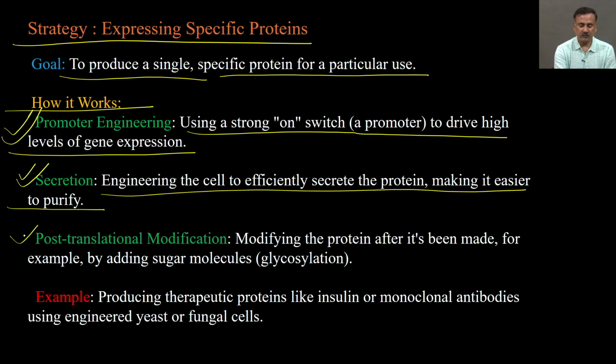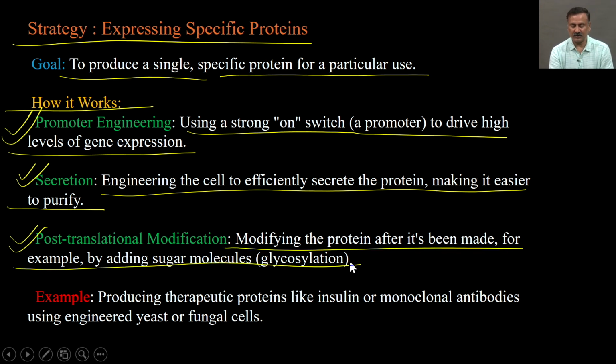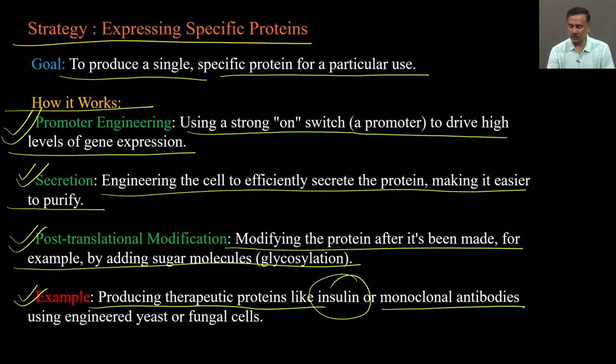Or you can do post-translational modifications, modifying the protein after it is made, for example by adding sugar molecules, or glycosylation, phosphorylation or acetylation, so that you produce a functional protein. An example is producing therapeutic proteins like insulin or monoclonal antibodies using engineered yeast or